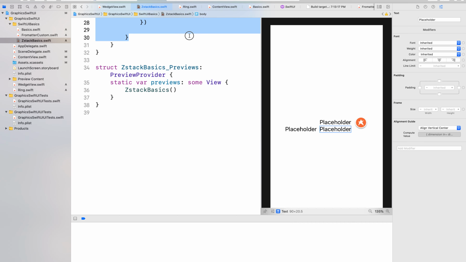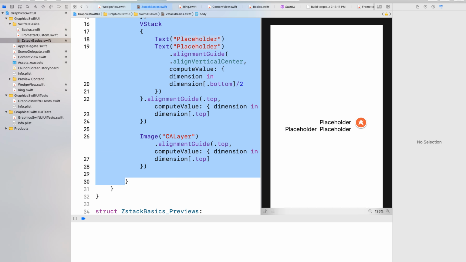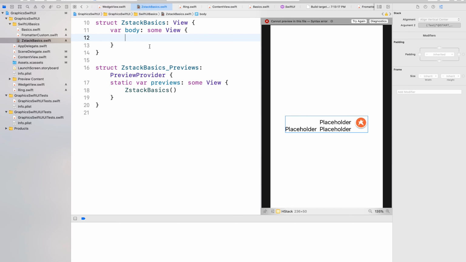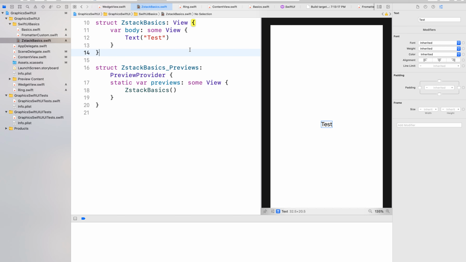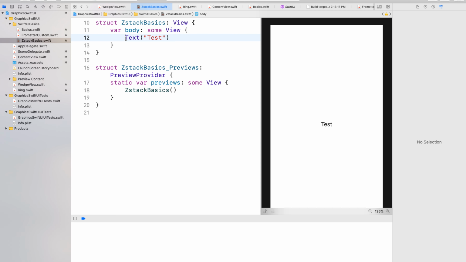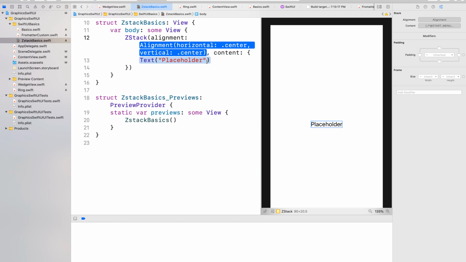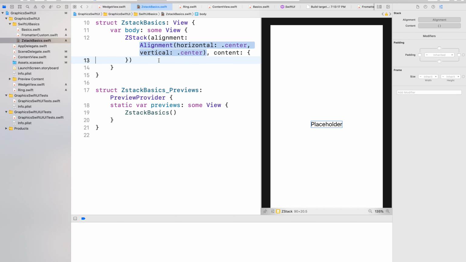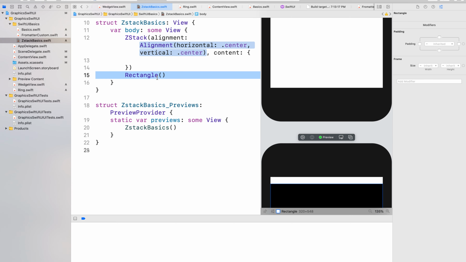So let's move on to ZStack, and that will have both vertical and horizontal alignment. Okay, then we'll define a ZStack which has both vertical and horizontal alignments here. So let's take a rectangle. Place here, not here. Place here,